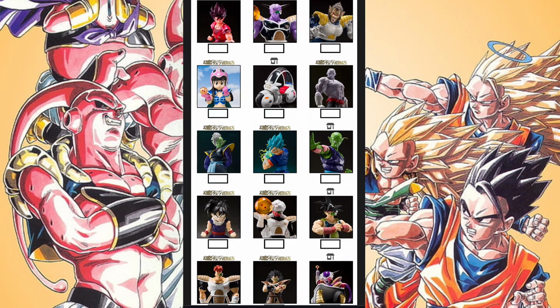The modern era of releases. Now, the reason why I say that the line reboots right here is particularly because I remember we go all the way back to the Frieza era of stuff. Frieza / Saiyan Saga era. Now, one thing to keep in mind when I'm talking about certain eras, the era doesn't mean that it was only that set of figures from that era to be released. So, for example, we talk about Frieza Saga and Saiyan Saga, right? Just because we're in that era doesn't mean those are the only characters from that era that are going to be released, is what I'm saying.